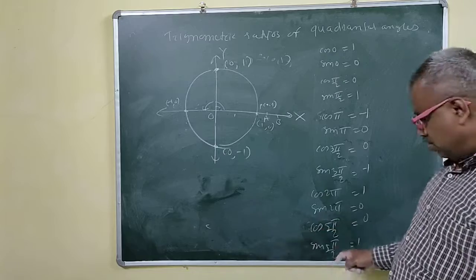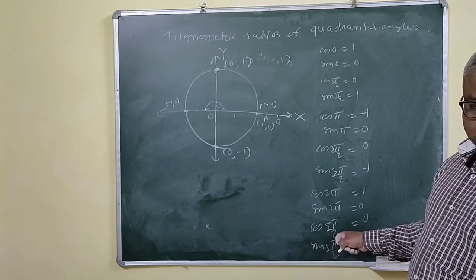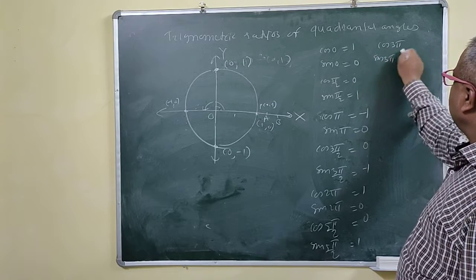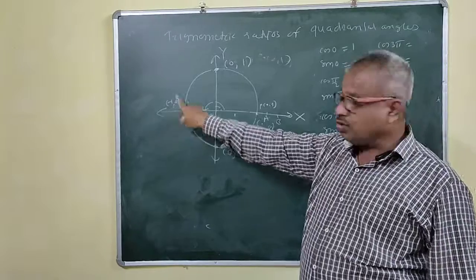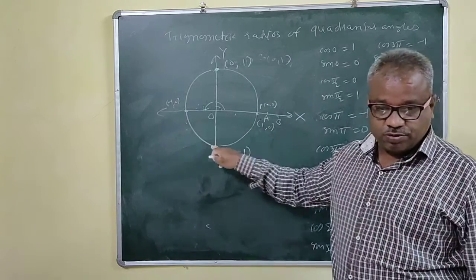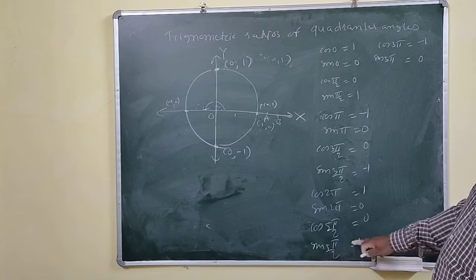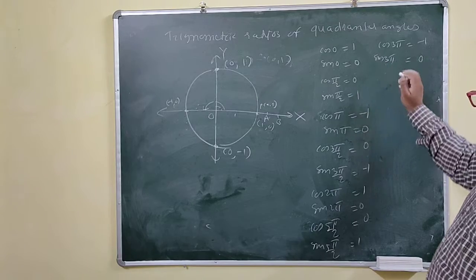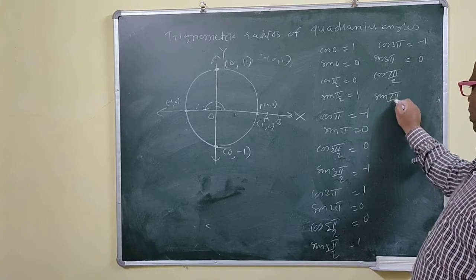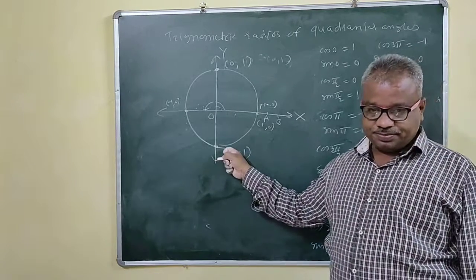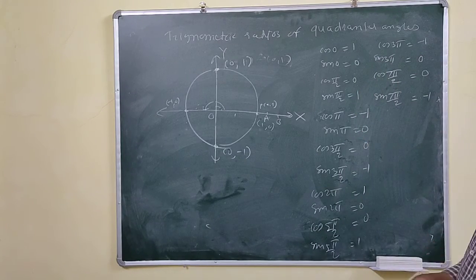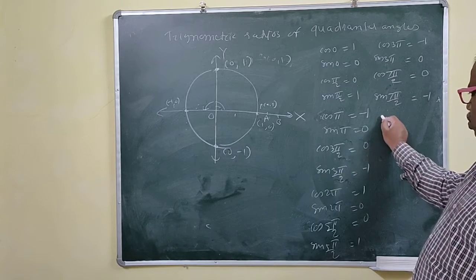Again we will add this pi by 2 here. So 5 pi by 2 plus pi by 2 is 3 pi. So cos 3 pi, sin 3 pi. So you are here now. Your cos 3 pi is minus 1. Your sin 3 pi is 0. Right? Again add pi by 2. You will be here. So 3 pi plus pi by 2 is 7 pi by 2. So cos 7 pi by 2, sin 7 pi by 2. Where are you? You are here. Your cos value is 0. Your value of sin is minus 1. Again add pi by 2. Then this is cos of 4 pi.